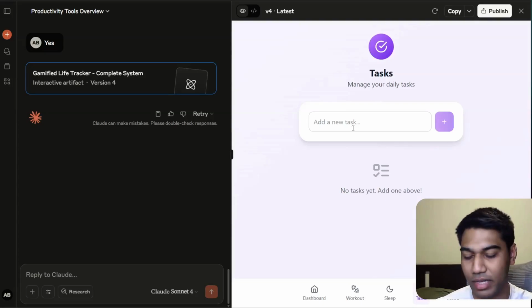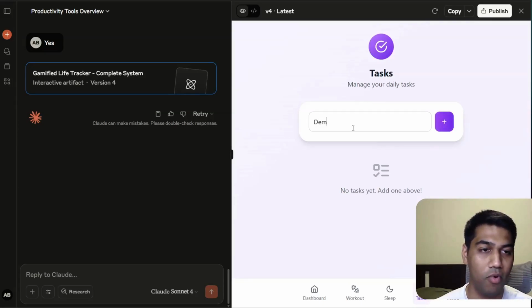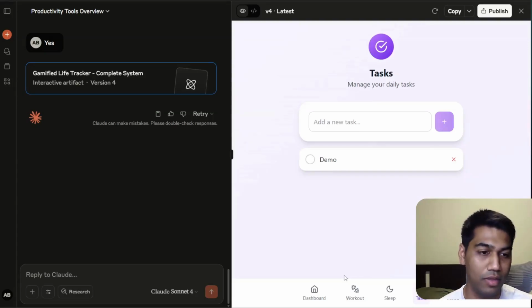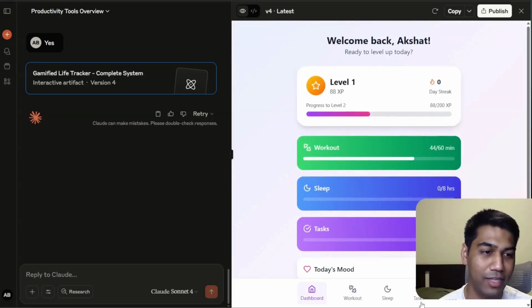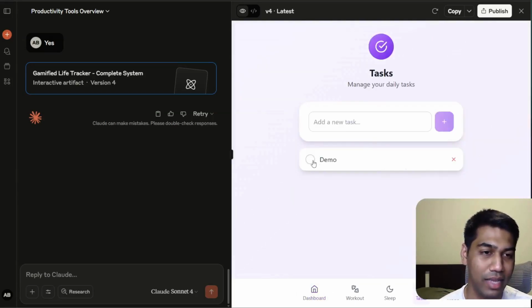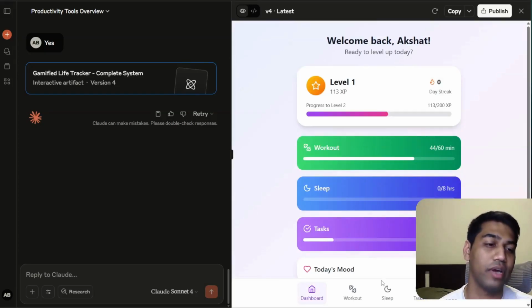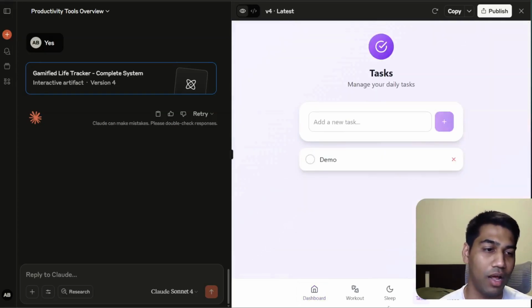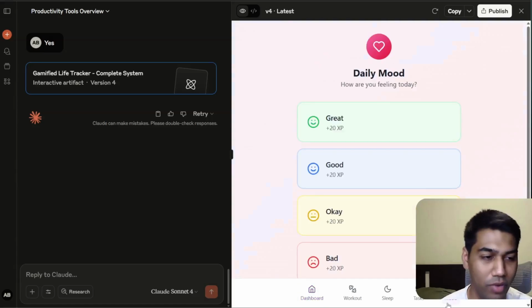Here I can add a task. Let's see if I can remember my tasks, right? So info demo, right? And then if I bring it back to dashboard, it does not update, right? So it has this here, but again, okay, so it only counts the tasks which are done, not anything else. And that's something again, you can feature.